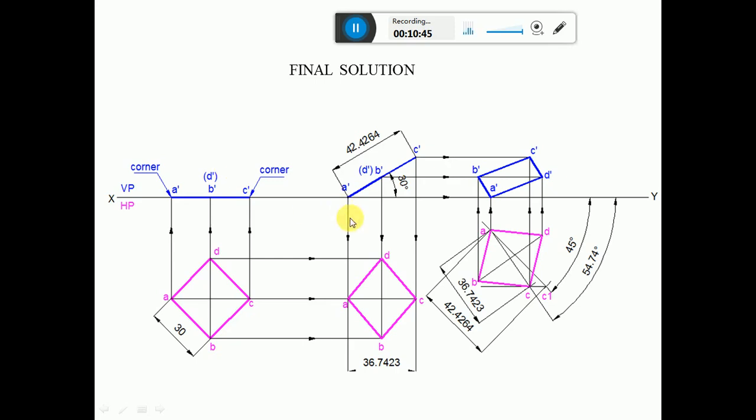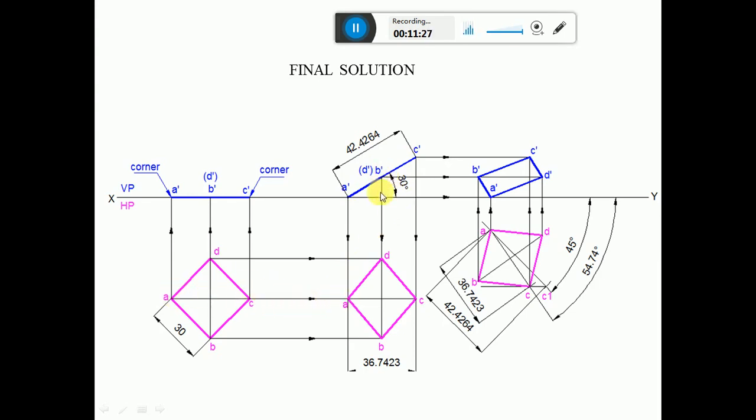So we obviously have to rest on the corner. So from this point, consider any point. Then from this point, by using the protractor, you measure an angle of 30 degrees and draw an inclined line. And by using the compass, you measure the distance from A dash to C dash. From A dash, you cut an arc on this 30 degree line. And similarly, you measure the distance from A dash to B dash. From A dash, you cut an arc on this to get this point. Then name these points A dash, B dash, C dash, and D dash in bracket. Then dark this line A dash, B dash, C dash with a dark line. Then write the top view. For the top view, draw a vertical projector from A dash and draw a horizontal projector from A to get this point.